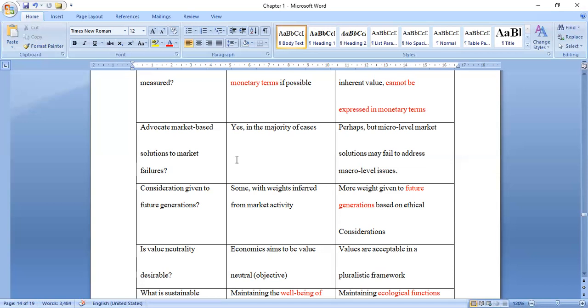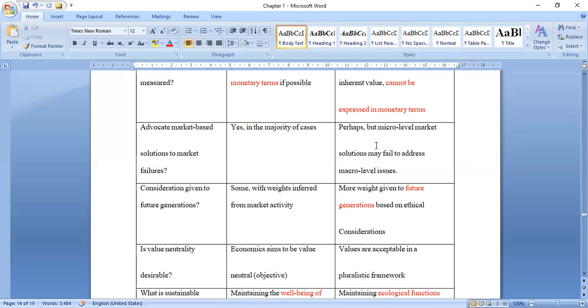Air pollution, water pollution is an example of a market failure. So the environmental economists advocate for market-based solutions like taxation of polluting farms, whereas the ecological economists say that the market-based